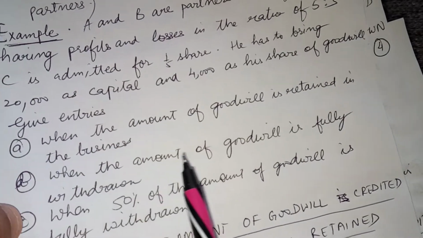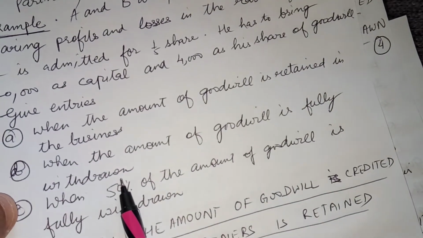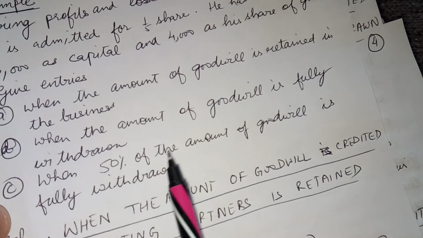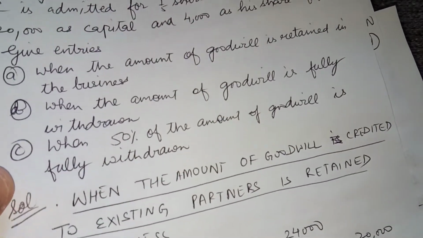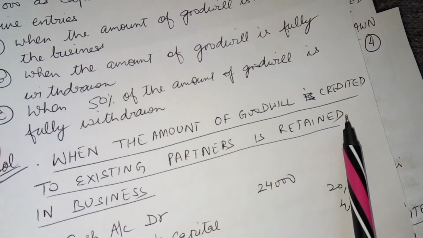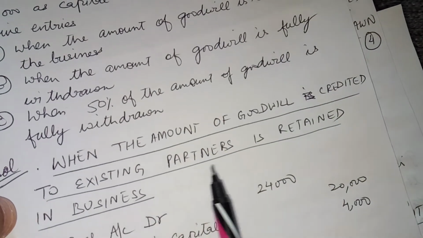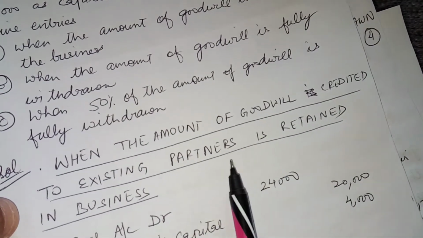Number 2, when the amount of goodwill is fully withdrawn. Number 3, when 50% of the amount of goodwill is fully withdrawn. Now first case, when the amount of goodwill is credited to existing partners and is